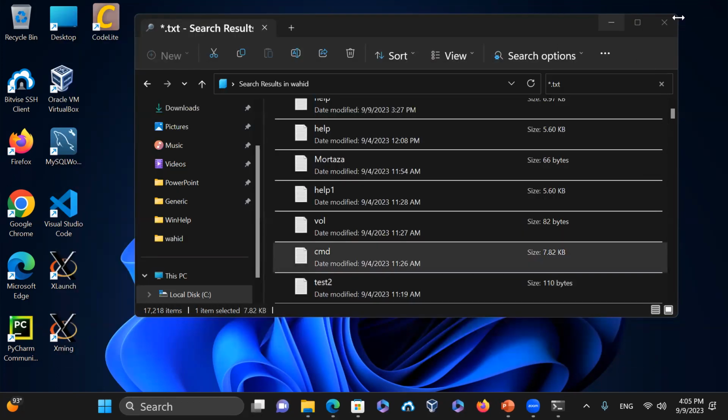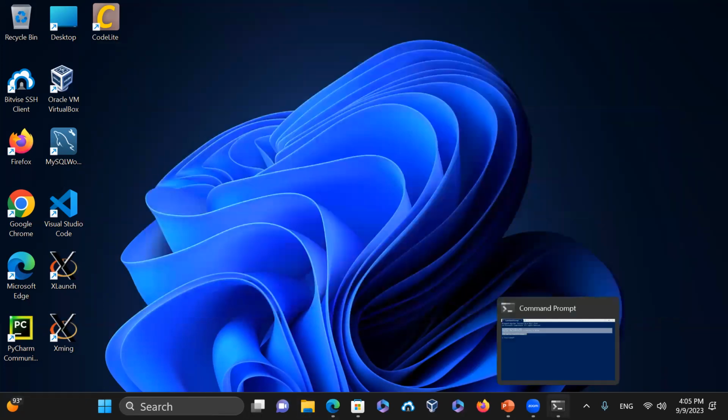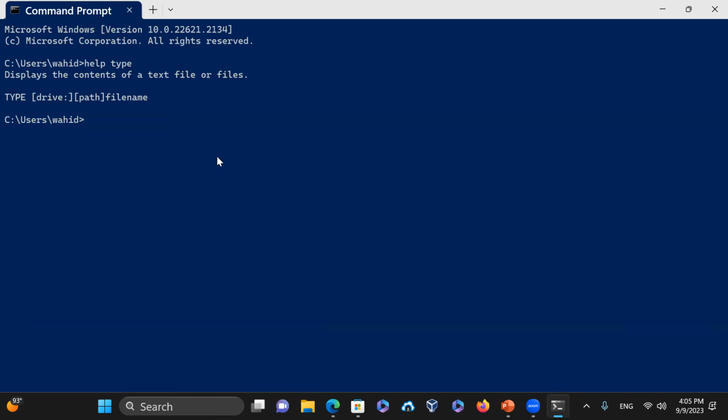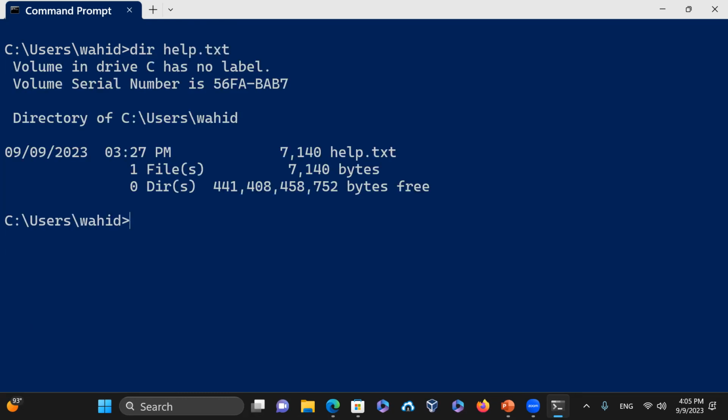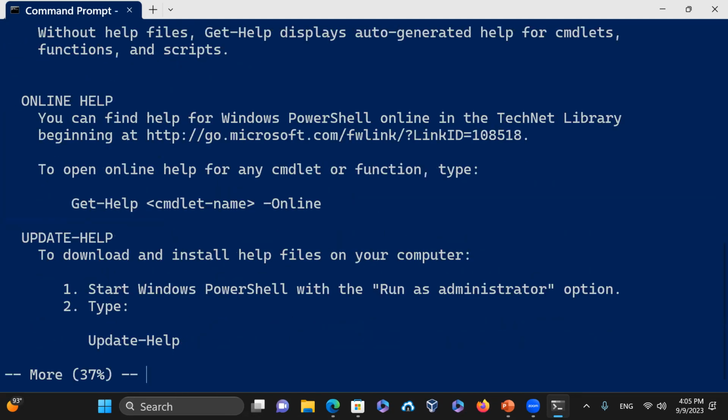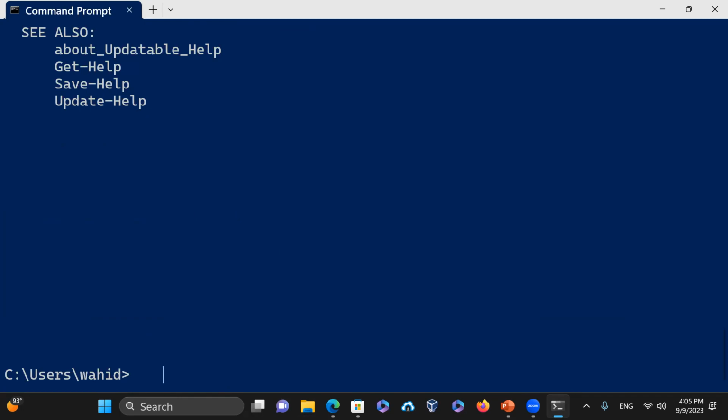So now I'm going to close the file manager and show you programmatically from the command line what other options you have. For example, let's say a clear screen here. I'm gonna make the size a little bit bigger so you can see the screen better. Now, if I say dir of help.txt, if this file already exists, I could say more help.txt that would just do one screen at a time, or I could do